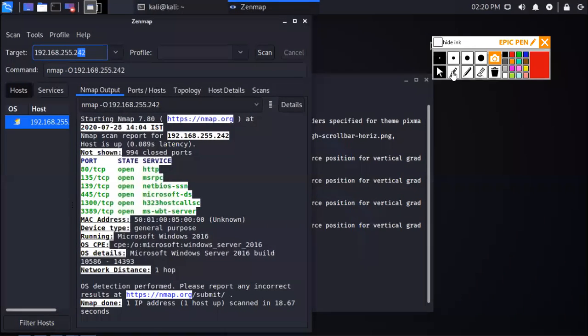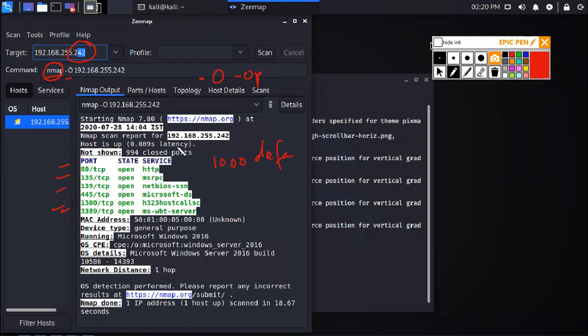I used -O, which means give me the operating system. But by default, if you don't do anything, the nmap command gives you the open ports and scans 1,000 default ports, the 1,000 most famous ports.